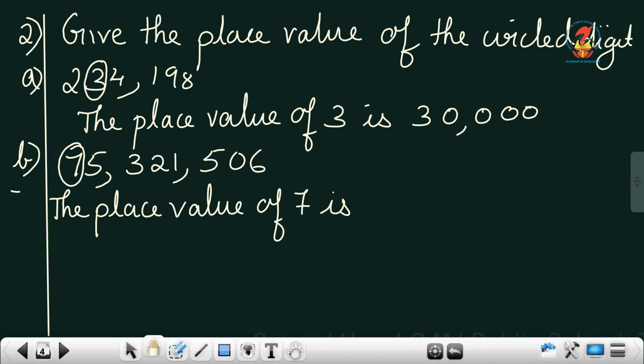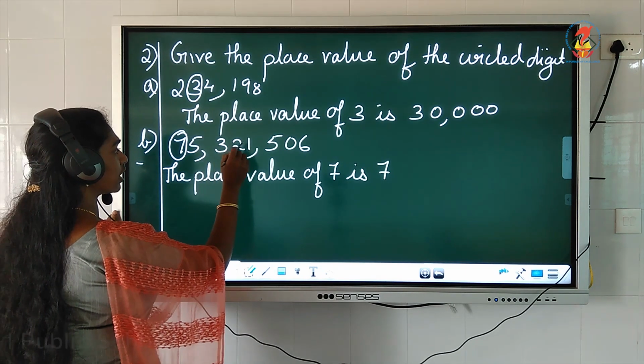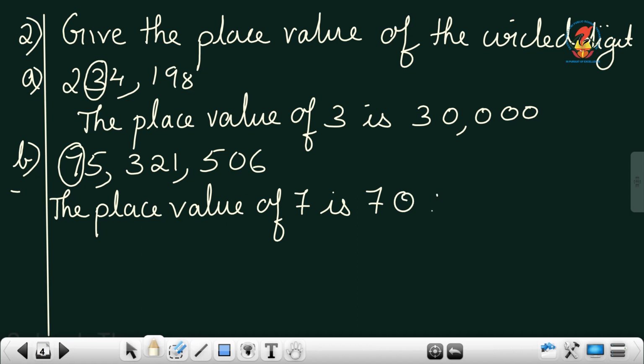For that, it's very easy. I've already told you, when you have to write the place value, you see which digit you have to take. First, you write that digit 7. After 7, see how many digits are there. 1, 2, 3, 4, 5, 6, 7. So, put 7 zeros. Okay? This technique was told to you all last year itself. To write the place value is very easy. You take the digit and after that digit you see how many places are there. That many zeros you will put. Here after 7 you had 7 places. So, you put 7 zeros.